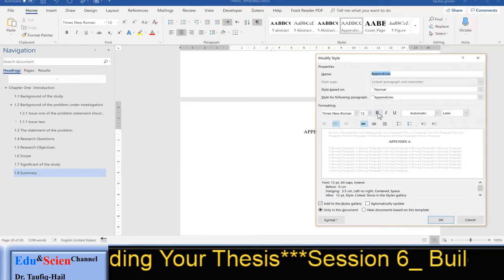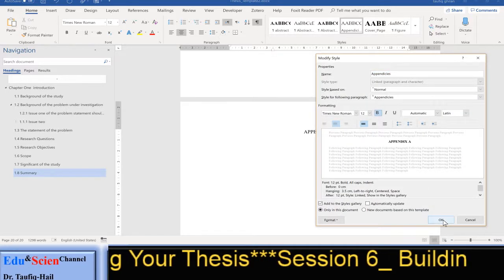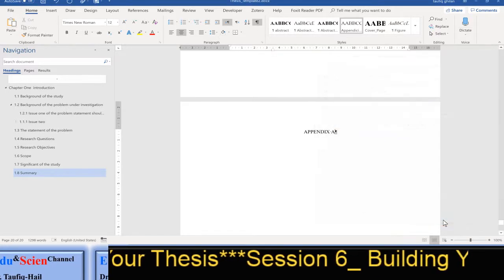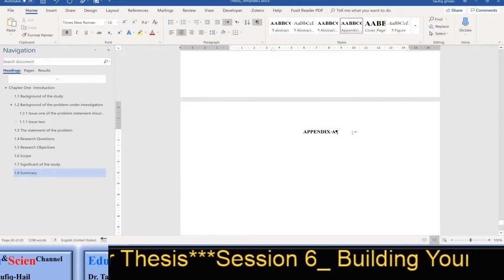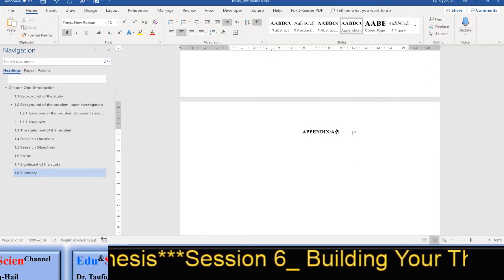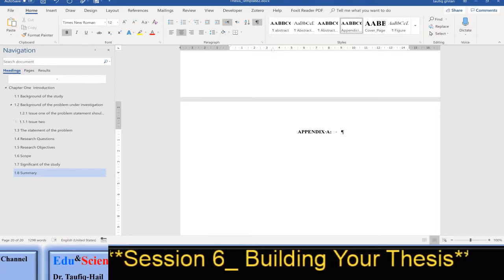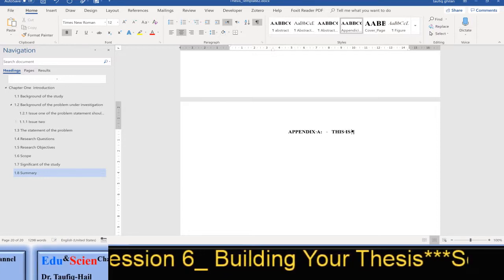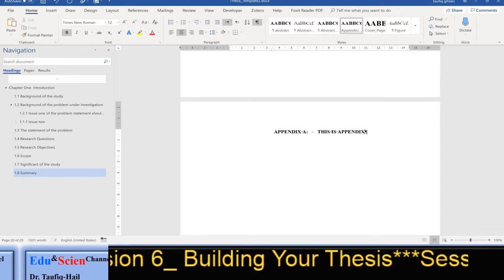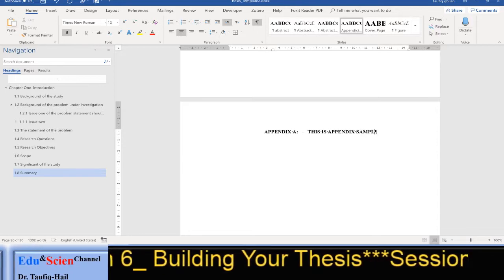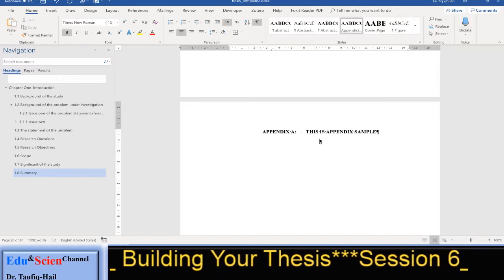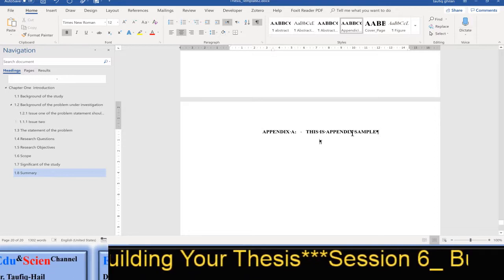So we change to bold. So just write, then press tab, write this is appendix sample. So this is the first one, and then if you have another one, I'll just click